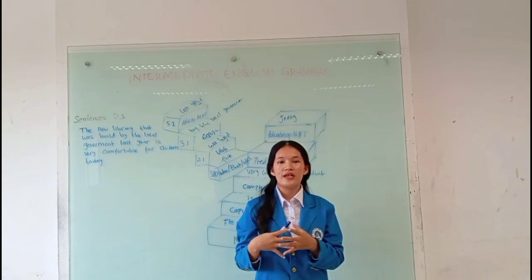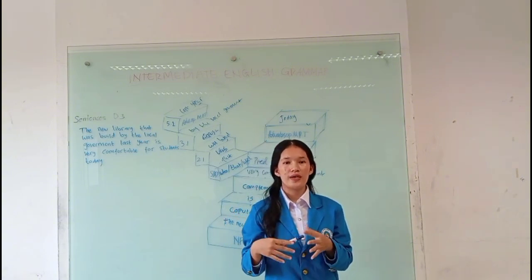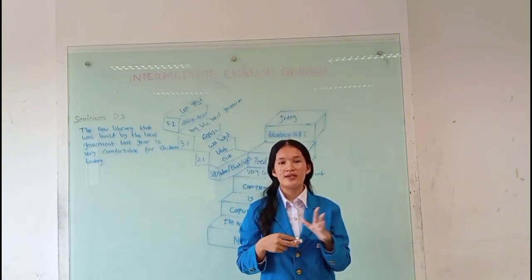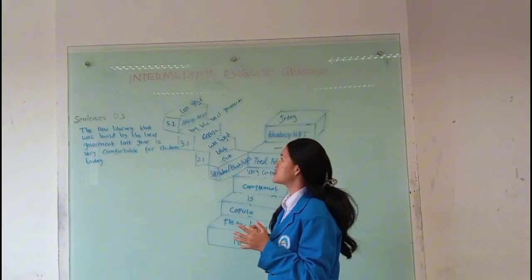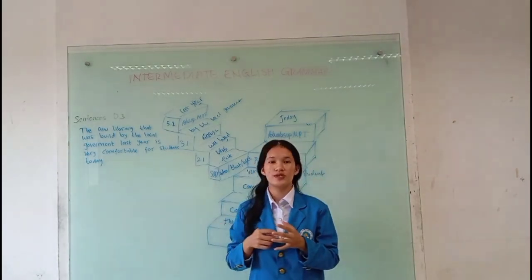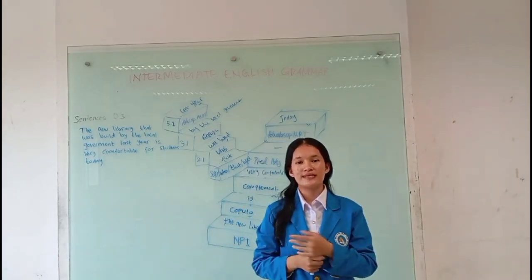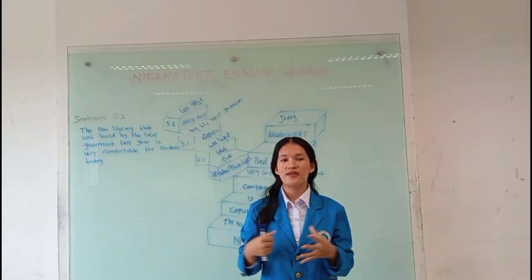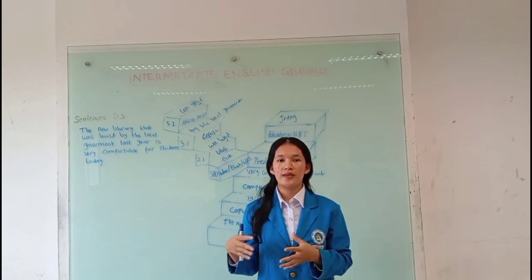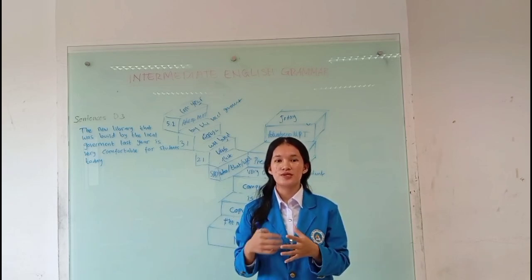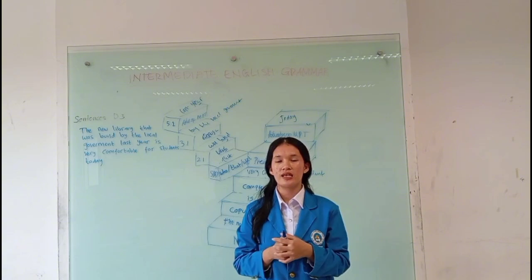Finally, I combine the defining relative clause with the main sentence. The final sentence is: the new library that was built by the local government last year is very comfortable for students today. So in stepping the 5 stairs D3, we first identify the main stairs, then we develop the sentence using the substairs to create a defining relative clause.